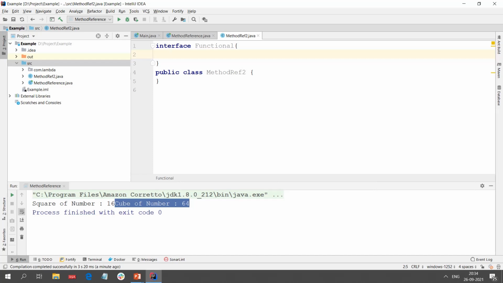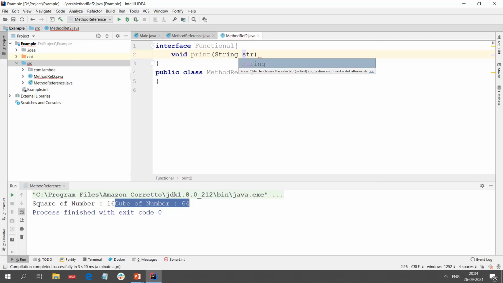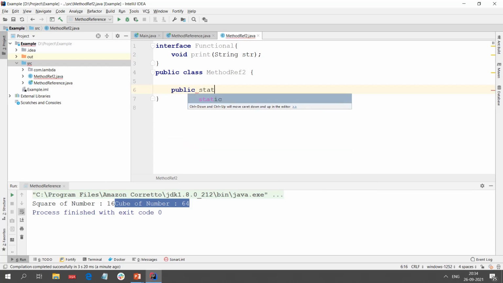I'll just have one abstract method that will simply print the value. So let's have void print that will take an argument as string str, and inside here we'll have our public static void main.